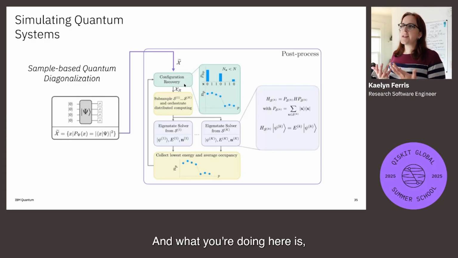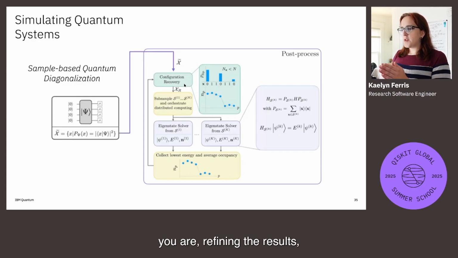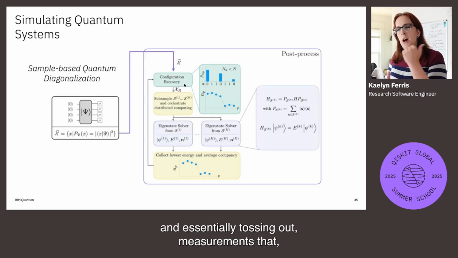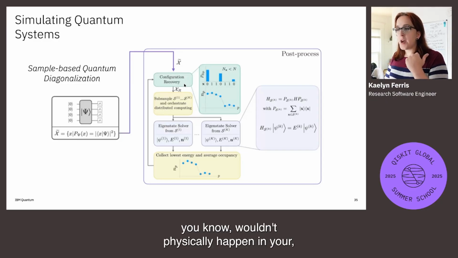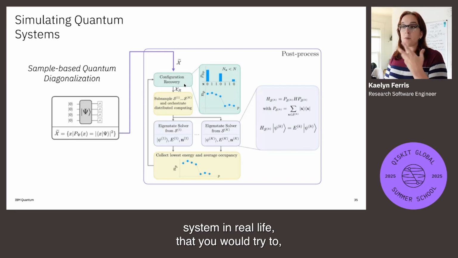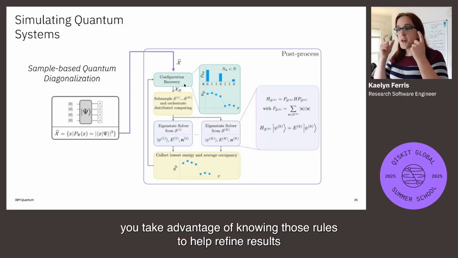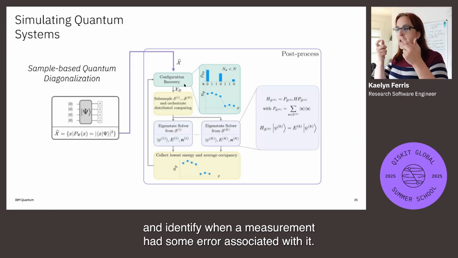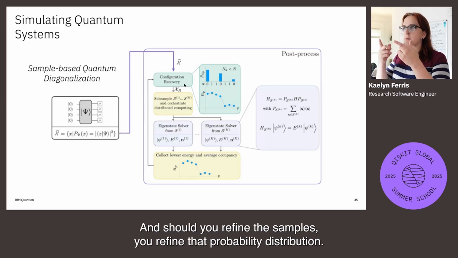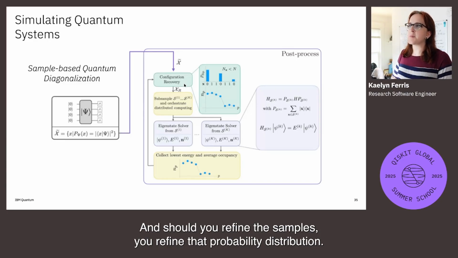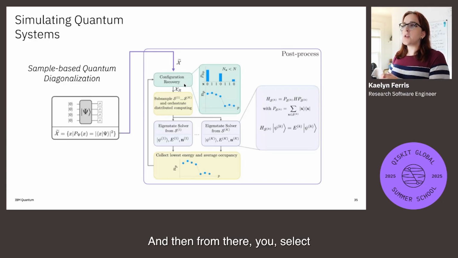And what you're doing here is you are refining the results and essentially tossing out measurements that wouldn't physically happen in your system in real life that you would try to do an experiment on. And you take advantage of knowing those rules to help refine results and identify when a measurement had some error associated with it. And so you refine the samples, you refine that probability distribution, and then from there, you select